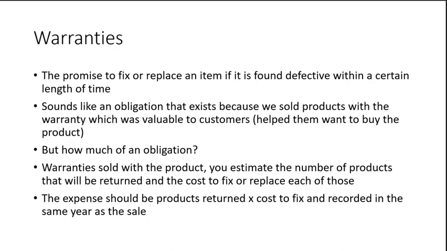Warranties are another kind of unusual liability, and there are 2 types of warranty that we're going to talk about, and the accounting for each of them is a little different. So what is a warranty? A promise to fix or replace an item if it's found defective within a certain length of time. So there's usually a 1 year or 2 year time period in which the company is promising. So we've got this obligation that generates a liability. Sounds like an obligation. We sold products, and